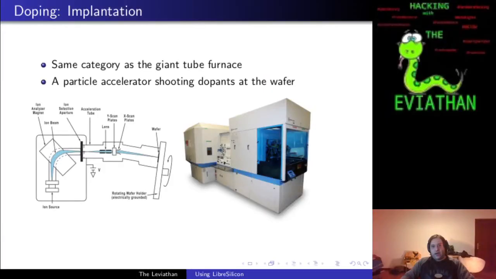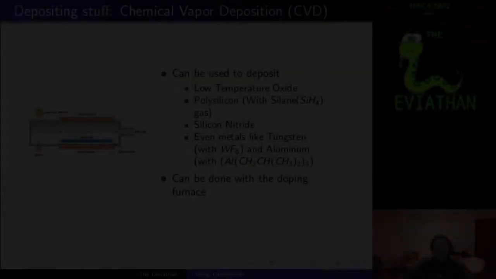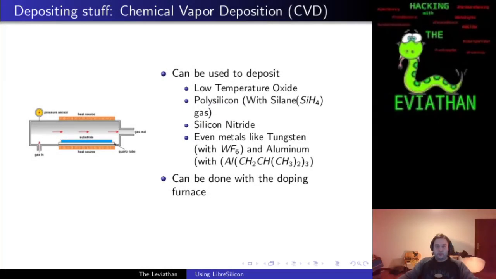The before mentioned ion implantation is being performed with really ginormous particle accelerators, which could stem from some James Bond movie and be thought of by some insane Bond villain, but they are reality, used in industrial setups. However, small startup foundries most likely cannot afford to buy such a machine, so I will not go further into detail. The main problem we have at Libresilicon is the chemical vapor deposition step,